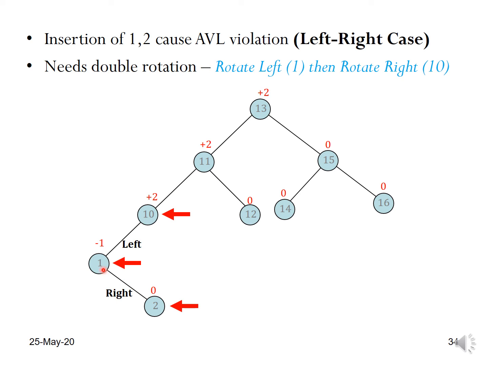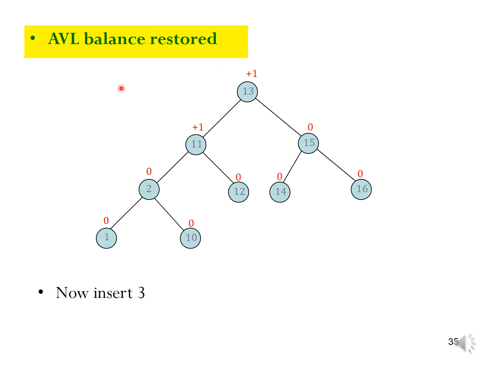First we will rotate this to the left, and then we will rotate this 10 to the right. Other way we can say, because we are focusing on these three nodes 10, 1 and 2, we will find out the mid is this 2. So it will come on the top, and this will be on the left and this will be 10. So directly we can also do it like this. After rotation this AVL is restored. So 2 will come here, and this 1 is here on the left hand side and this is 10.